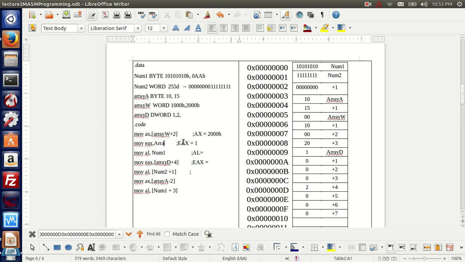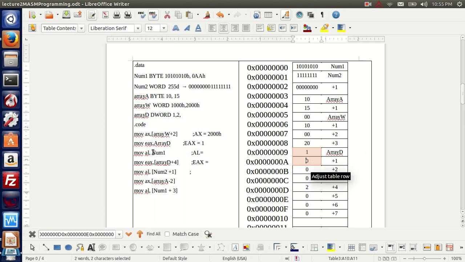So this needs to be array D. But if I had array D as 2 bytes, array W plus 4 will take what? The first byte. Now I'm moving what? Num1 to AL. What's num1? Let's check. It's a byte. I'm moving to a byte. No problem. I have AAH,